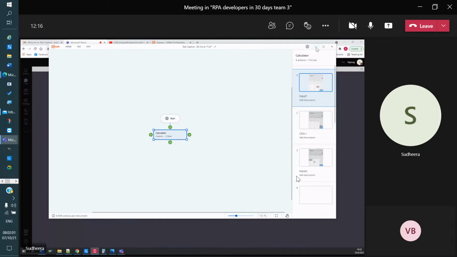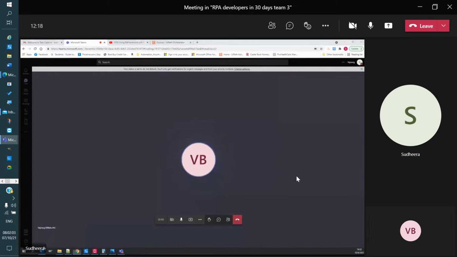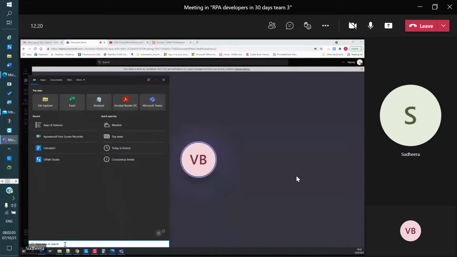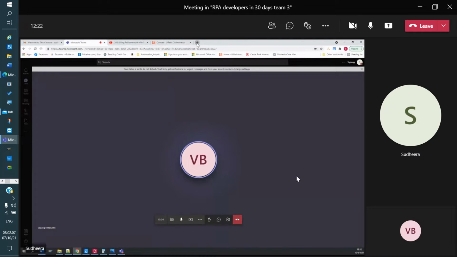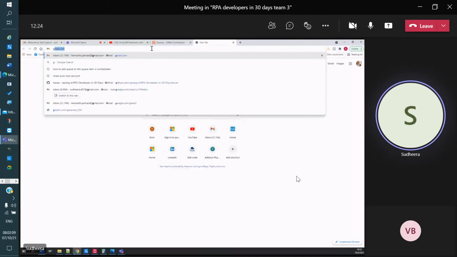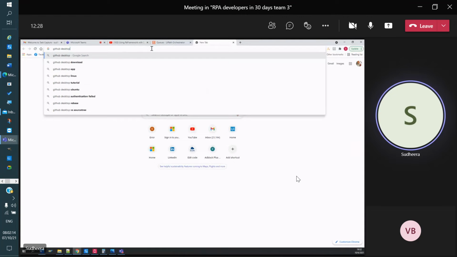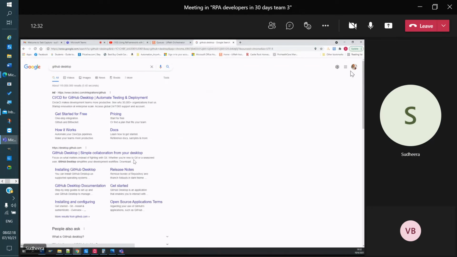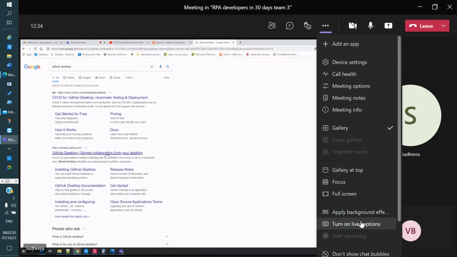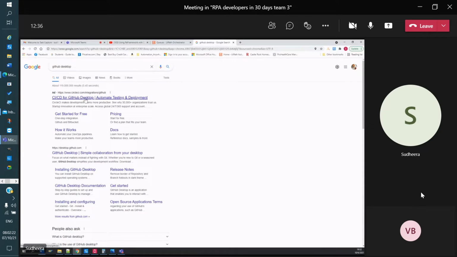Go to GitHub Desktop and download it in the browser.